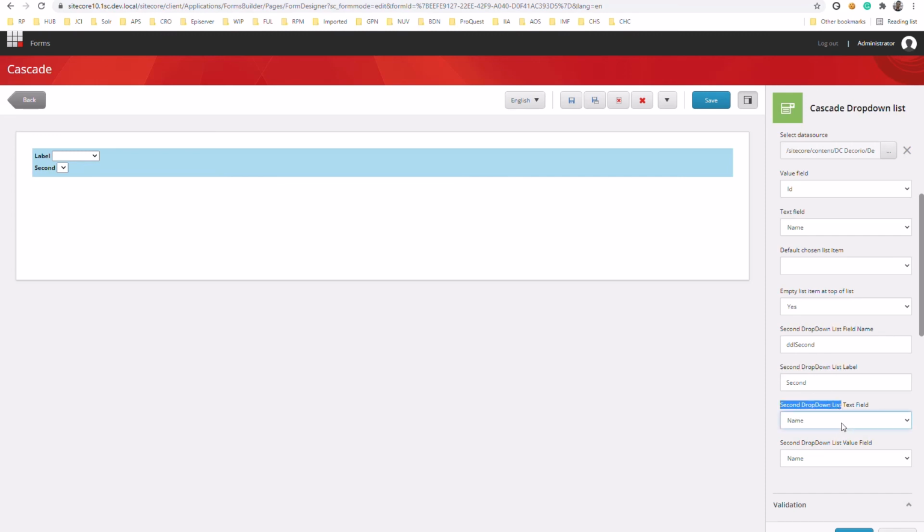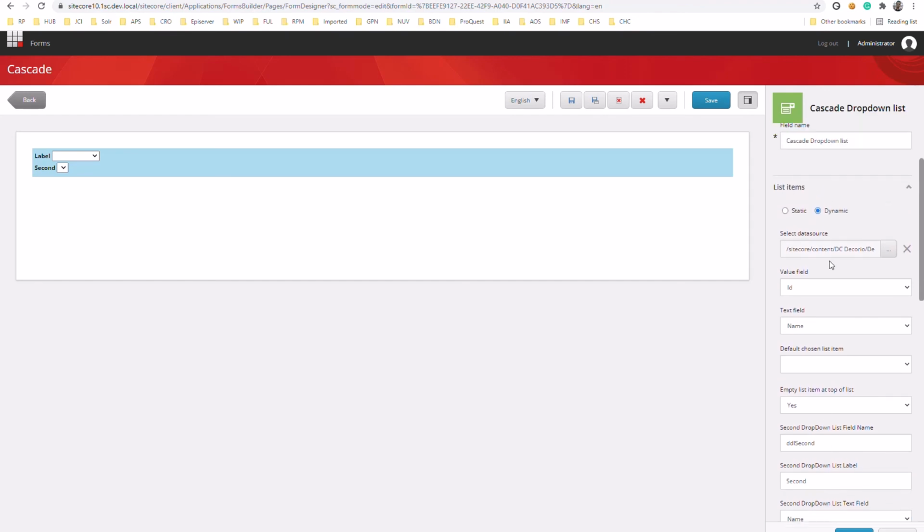This is a drop down because we use a drop list for that one. And the second drop down list value field is also the same drop down. If you want to add a new value into the drop down, you need to go to the core database, as I showed you earlier in this video, and add a new item over there, and it will be listed here with the text field and the value field. I mean the user can choose the text field and the value field for this new item.